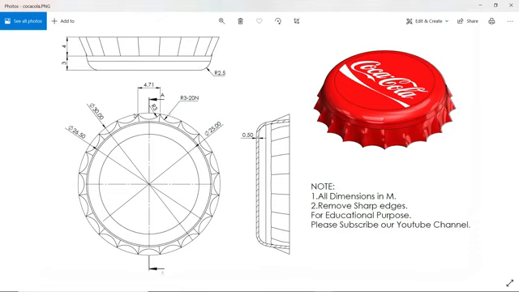So first we will create one 0.1 mm plate, then later we will use these things and create a 4 millimeter plane, and we will make one more circle that is 26.5 millimeter. Let me show you how.